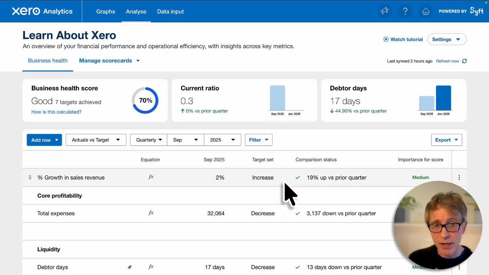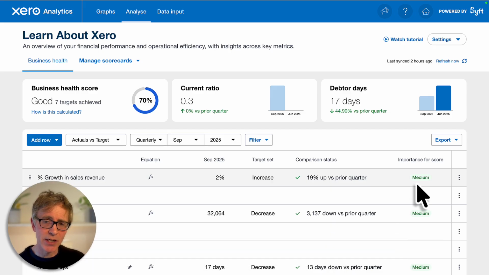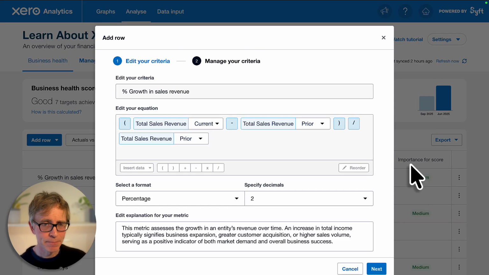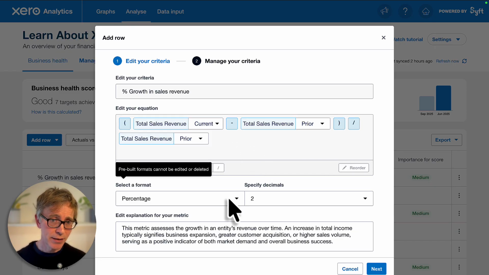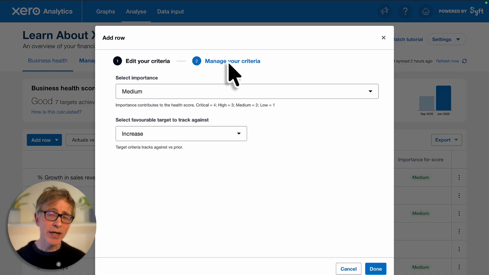And you can see we've achieved that metric. Now, for my business, that's a really important metric for me to track. So I want to change that importance from medium. Click the action menu and edit the metric. So this is where you can edit your equation. If you're creating a brand new metric from scratch, you can set up your equation here, specify the format of that metric, if it's a number of days, a percentage,